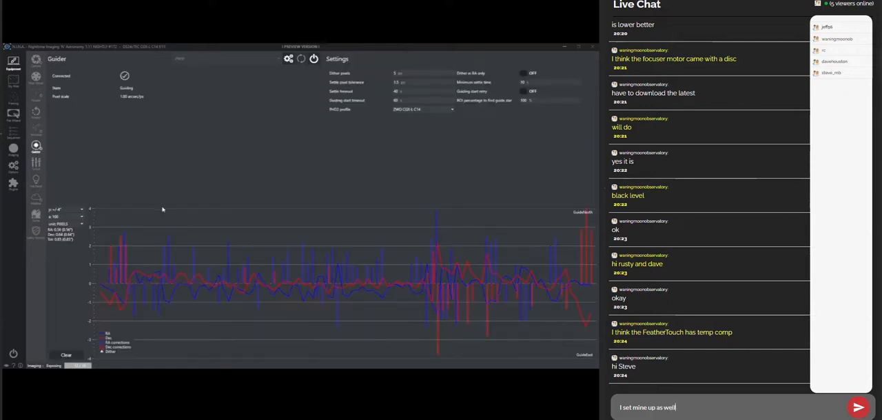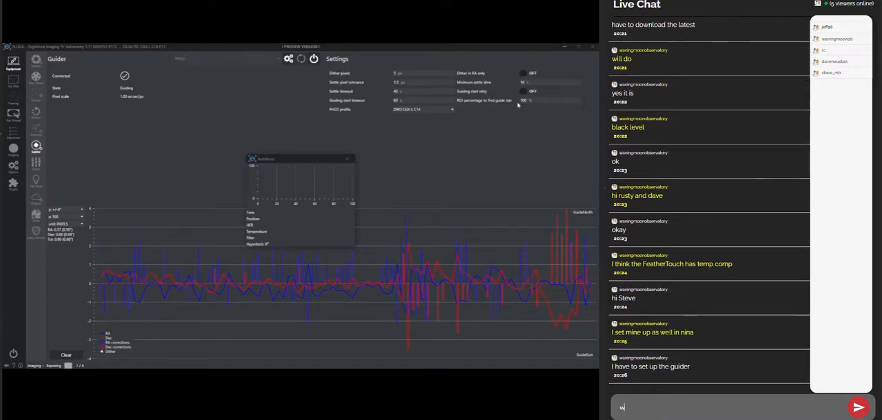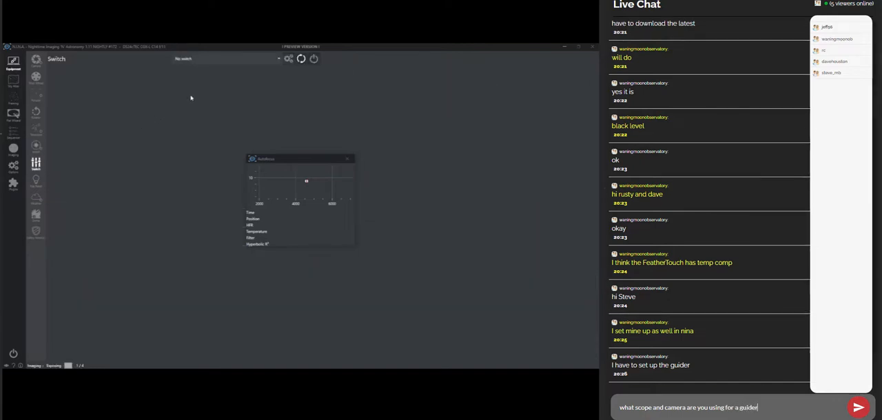Then my guider, and now it's doing another autofocus. Might have to back off on this a little bit. Don't need to have it be doing this many autofocuses. And I just use the stock settings for the guider. They work very well. So the switch,